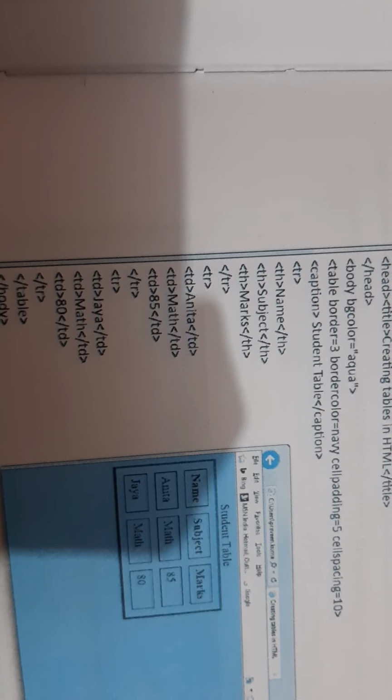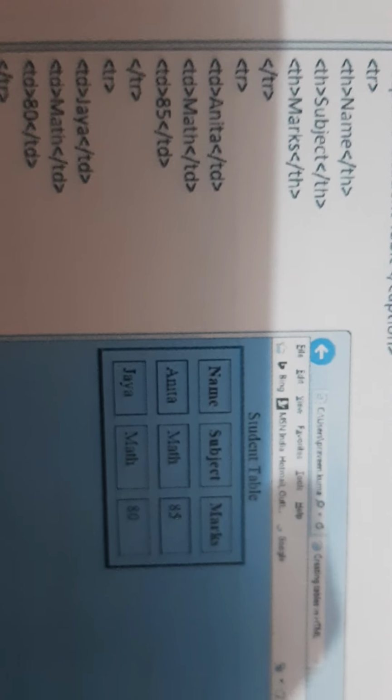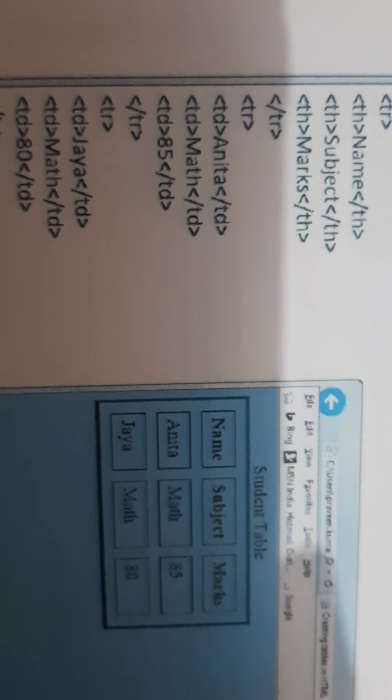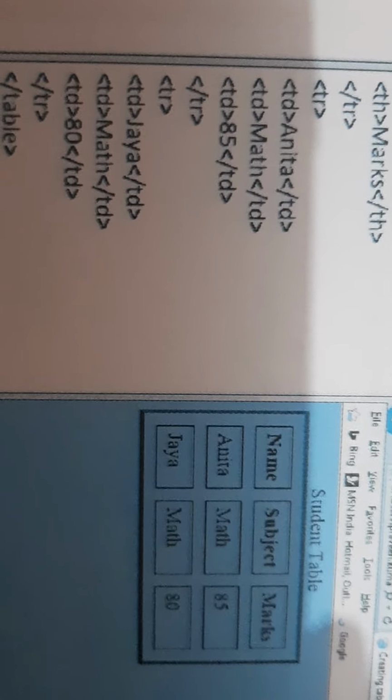Another two important attributes of table tag are cell spacing and cell padding attributes. Cell spacing and cell padding are used to adjust the white space in the cells of your table. The cell spacing attribute defines the width of the border, see, in the output, while cell padding represents the distance between cell borders and the content within the cell.